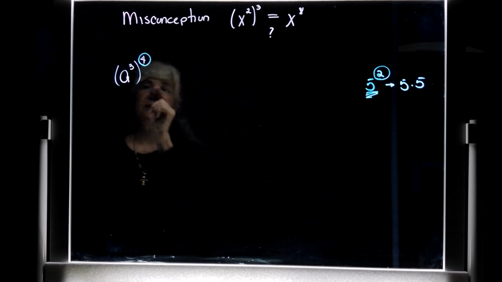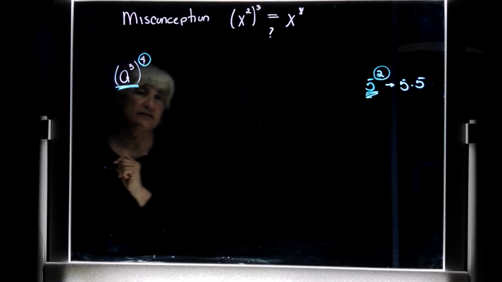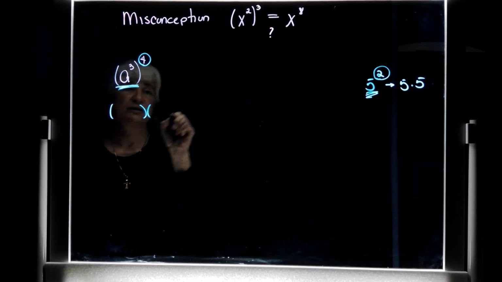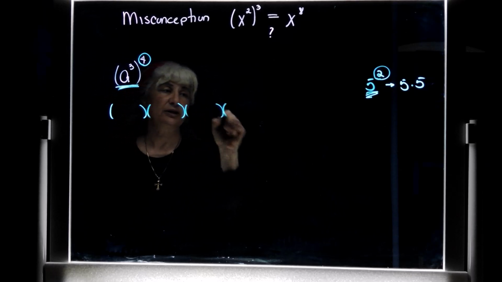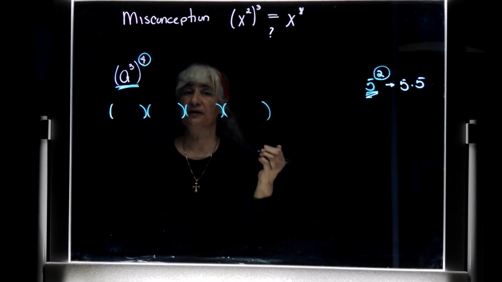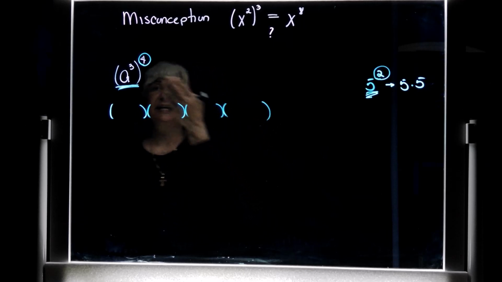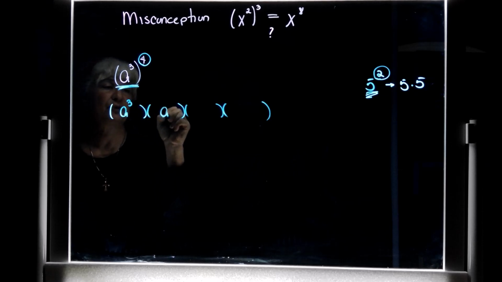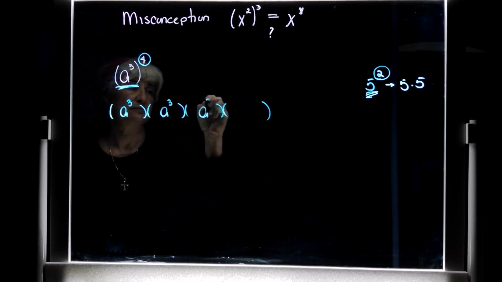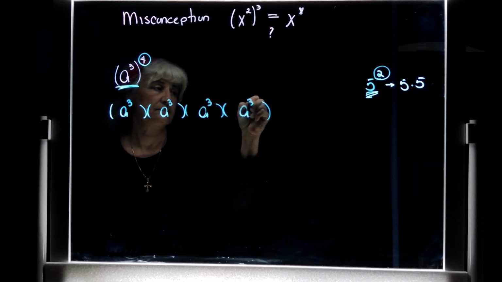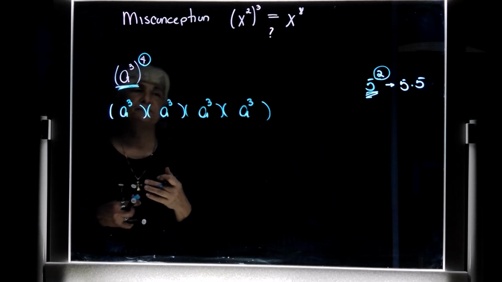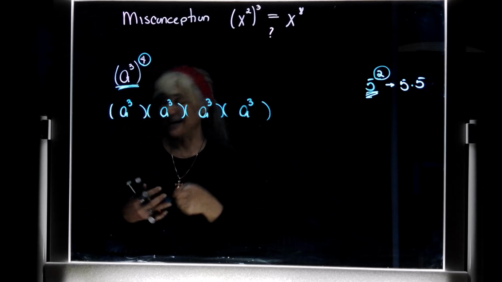So the power here is 4 because it's on the very outside, isn't it? And the parentheses are telling me what my base is. So according to this power, I have 1, 2, 3, 4 of those parentheses. Agreed? And inside each parenthesis is a to the power of 3. Do you agree with that? Okay, so now I could write this out